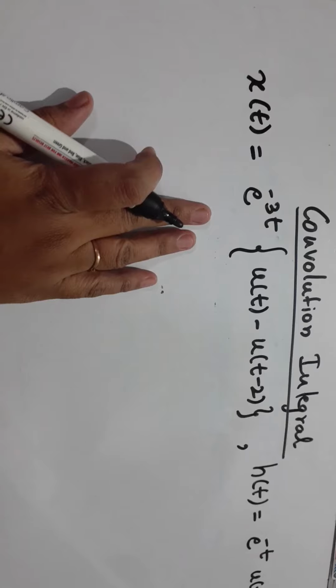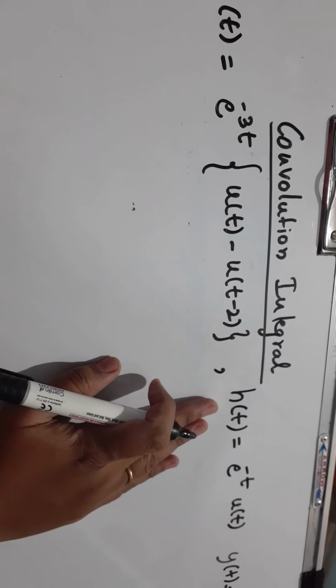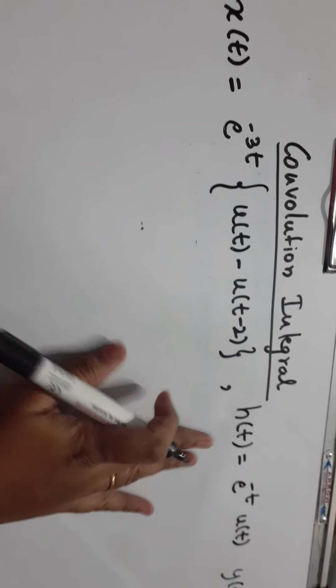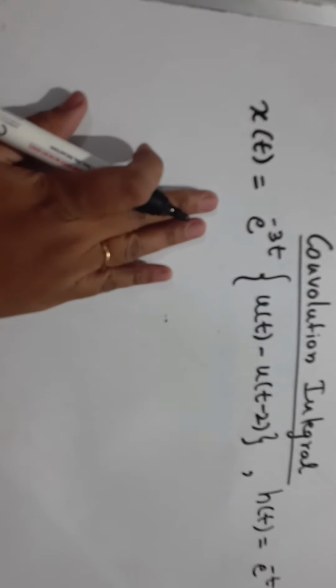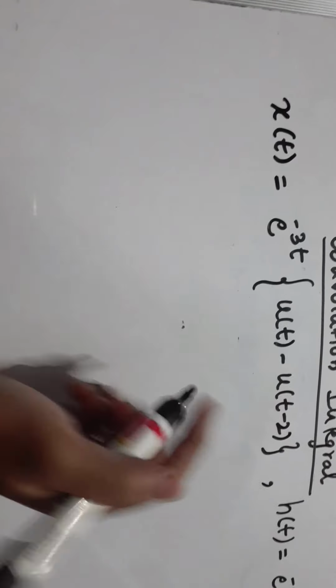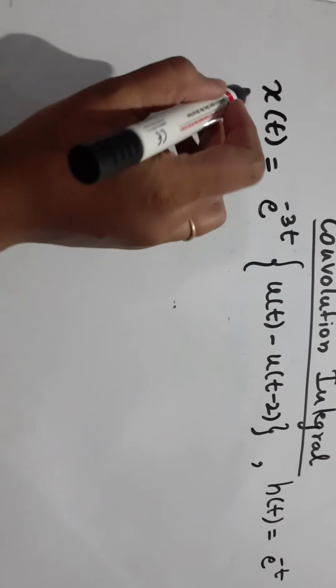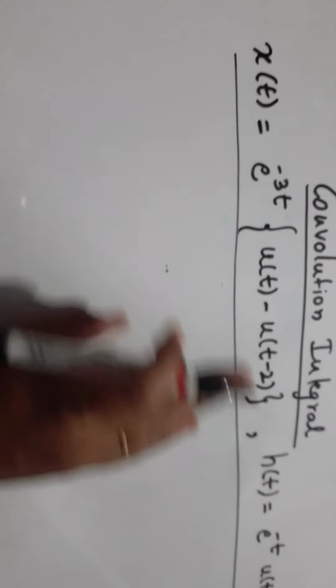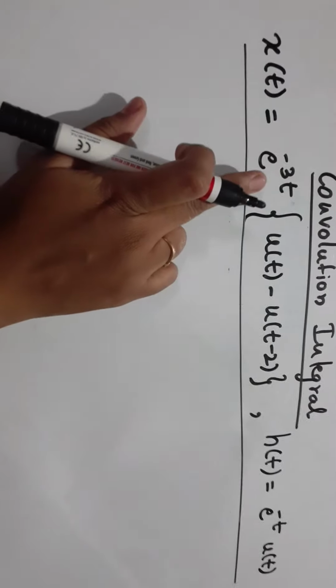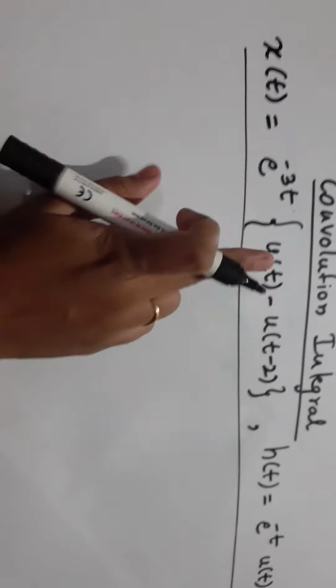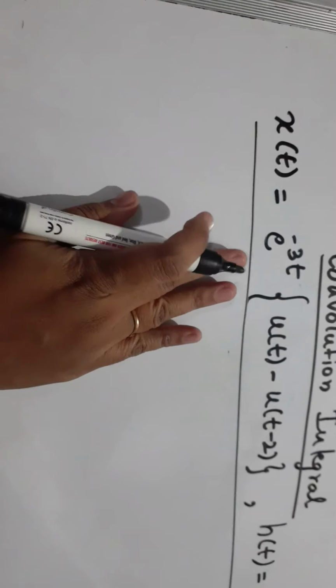So the very first step is we need to consider the given signals as x and h, but as they have already been given, there is no need to; we will directly go for drawing the signals. First let us draw the signal x of t. If you observe the whole question, it falls under the third category of the convolution integral problem, wherein the two signals given are exponential and exponential. Now let us draw x of t.